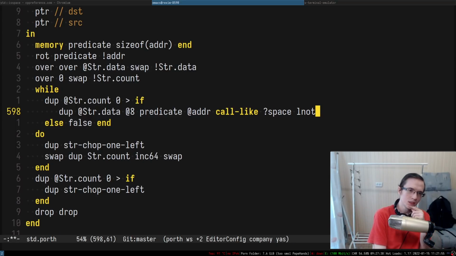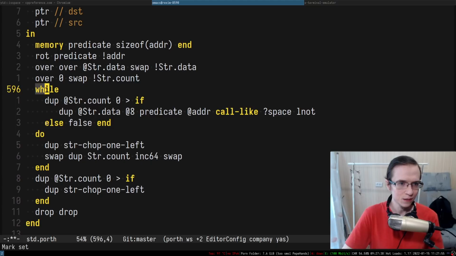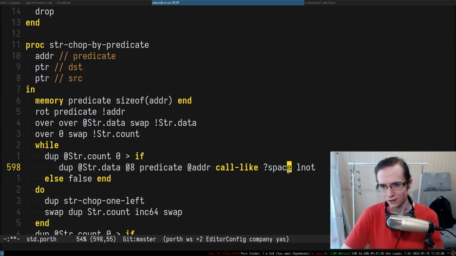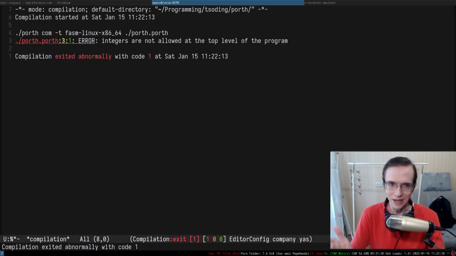Oh, okay. So essentially, here's the loop. We iterate through the characters while the iterator is less than the size of the string, and while it is not the separator, right? So I have to put not in here. All right, so let's actually fix that and recompile, but I can't recompile the compiler because it just got busted. So this is the beauty of a self-hosted compiler implementation, right? If you made a mistake, you just busted your compiler and that's it. So you have to start over. You have to bootstrap it.